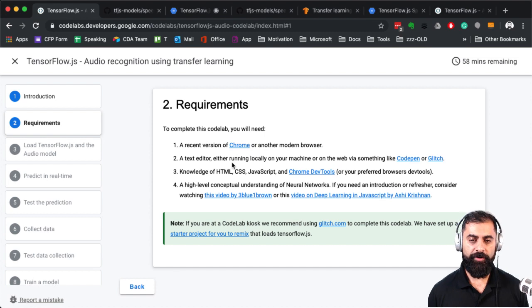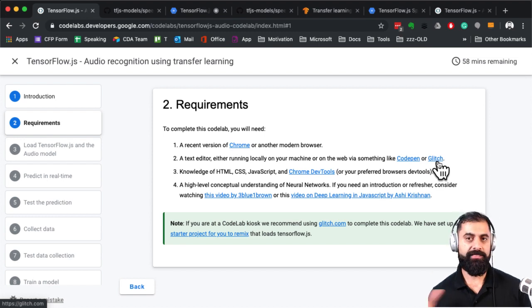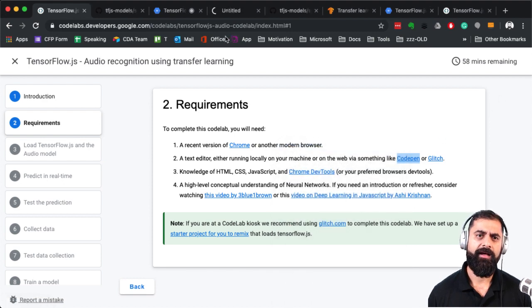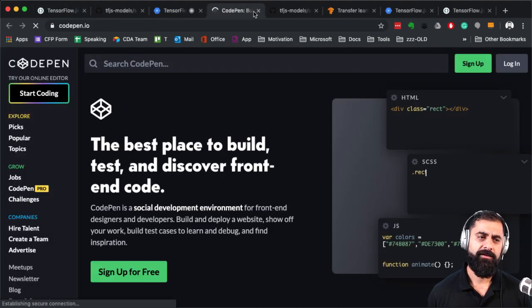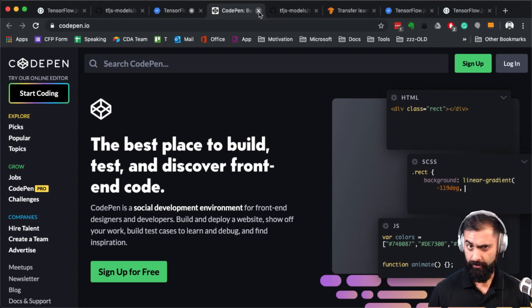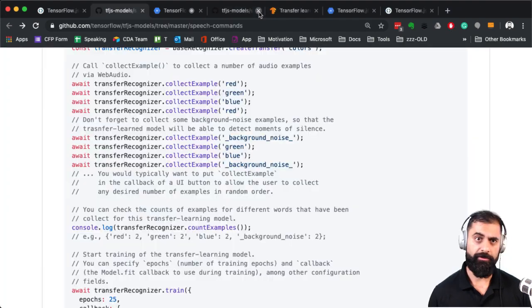I'll run it. Do you know what? I'm going to run it locally on my computer. So you can use CodePen or Glitch or StackBlitz or something like that, which if you don't know what they are, they basically let you run code online. Maybe I will do. Should I do StackBlitz or should I do local development? I'm going to do local development.